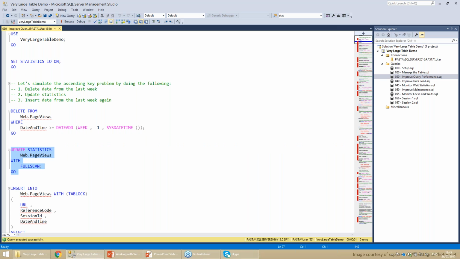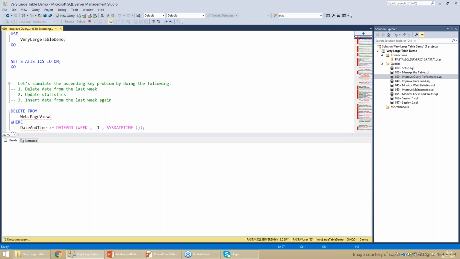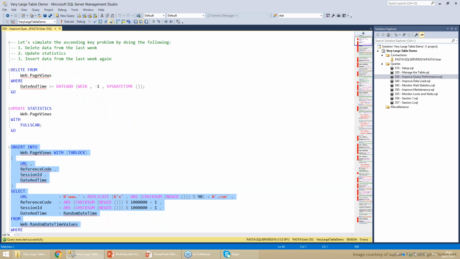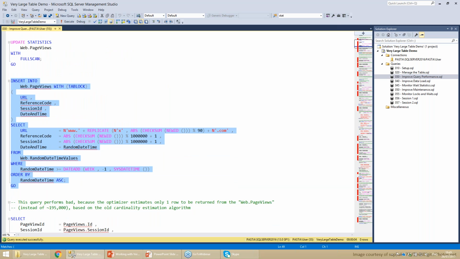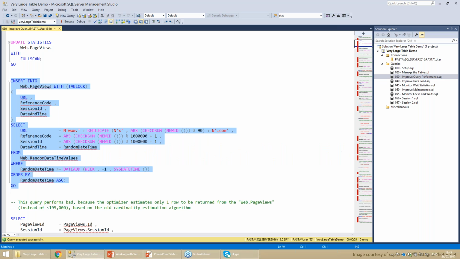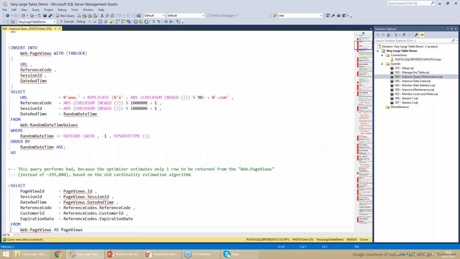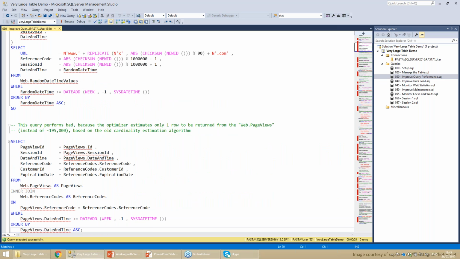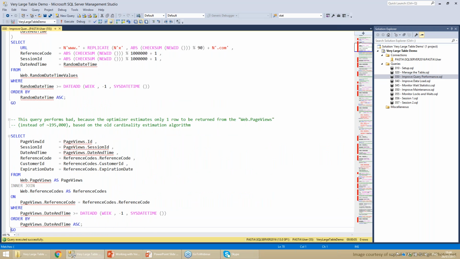And let's say that we updated statistics, either manually or through an automatic update statistics. Again, 1 week in the past. And after the update statistics, we now go back to the present. So we insert rows for the last week. I'll explain in a moment why I'm doing this. So this is the setup. The last time statistics was updated was 1 week ago, but we have data up until now.